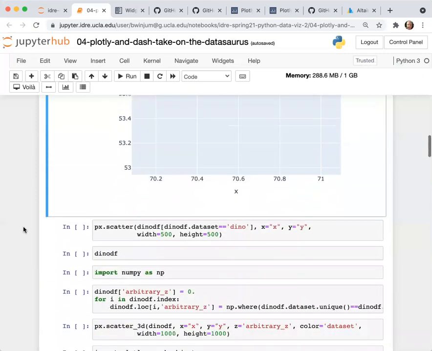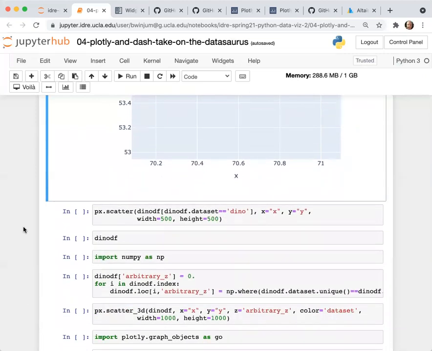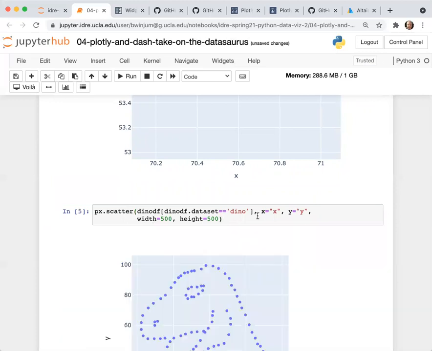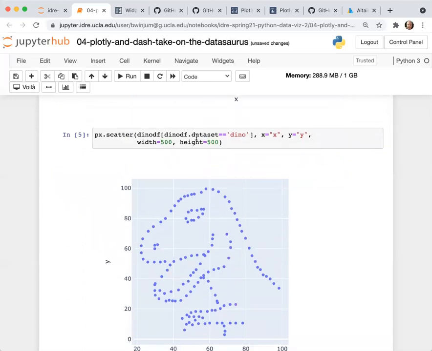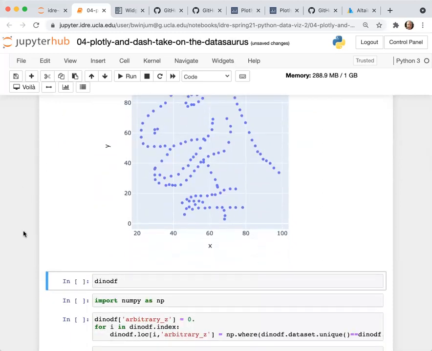So this is a way to have ready-made interactivity in the graphic itself, just by calling a simple scatterplot function from the library. This just shows that you can pass in different parameters, just like you might pass into the plot function from matplotlib. You can specify the width and height, colors, or axes labels and ticks. The Plotly Express library itself is a little more limited than accessing the lower level objects, but you can still do some very fun things, and you can do it very easily and very quickly.